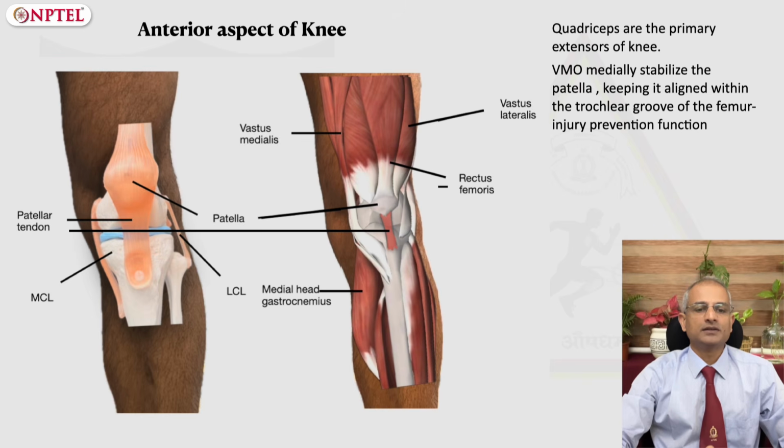Anteriorly, there are the extensors of the knee, which are formed by the quadriceps group of muscles. The quadriceps comprises four muscles: the rectus femoris, vastus medialis, vastus lateralis, and vastus intermedius. Of these, the vastus medialis obliquus is particularly important for patellar stabilization. The quadriceps converge on the superior pole of patella and through the patellar tendon, the extensors are attached to the tibial tuberosity. The quadriceps assist PCL by resisting posterior translation of tibia.